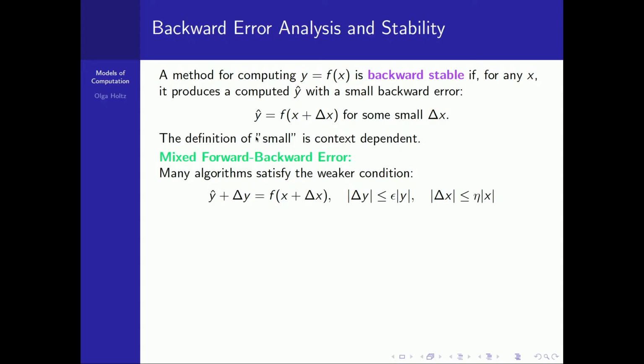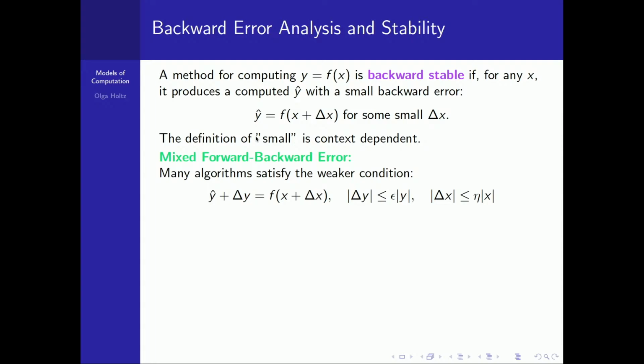You can say what you mean by this. And what many algorithms satisfy is this kind of slightly tweaked version of what we saw before, and that will be y hat plus some little correction delta y is actually f of x plus delta x. So back to this diagram, there is a difference now, so good that it's there. There is a difference between the value you computed and the value on some sort of perturbed, slightly perturbed value of x. And that difference is now delta y. So this is our lovely delta y, which appears here.